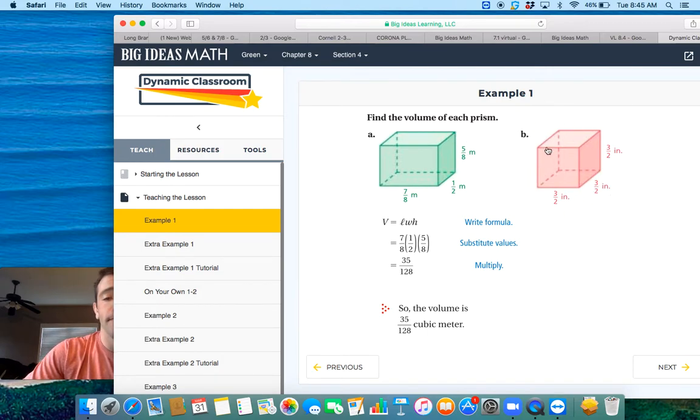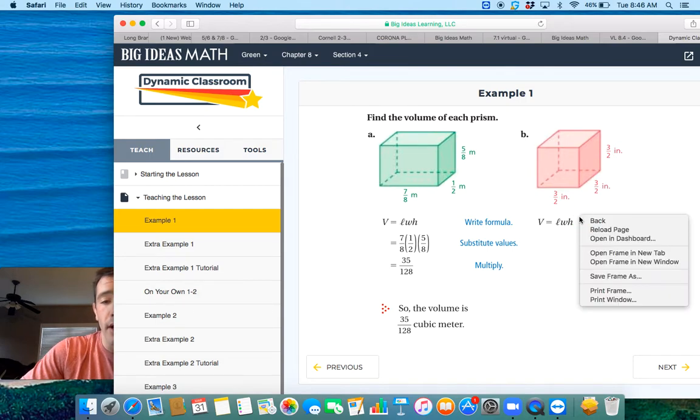Example 1b. This is actually a cube. 3 halves by 3 halves by 3 halves. 3 halves is an improper fraction. It's greater than 1. It's really 1 1/2. 1 1/2 times 1 1/2 times 1 1/2. Or 1 1/2 cubed. 3 halves to the third power. Write down your formula. Length times width times height. Substitute your length in, substitute your width in, substitute your height in,